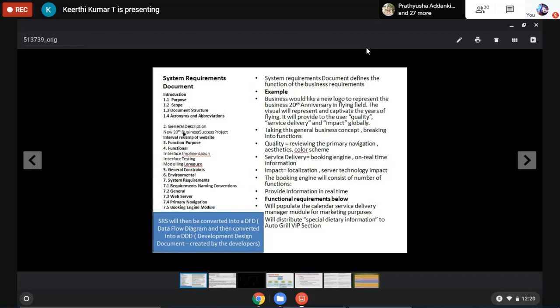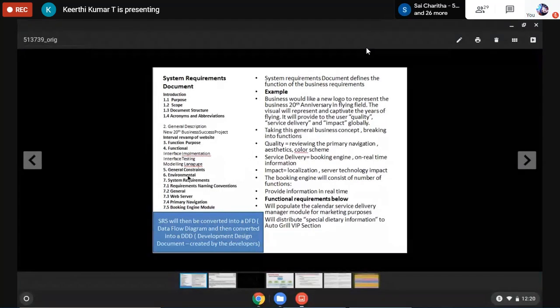And you see here, what is the functional purpose, interface implementation, interface testing, modeling language. See, all these things, it is not just a document. The introduction, the functional purpose, general constraints, any issues if we have, environmental concerns if we have any,